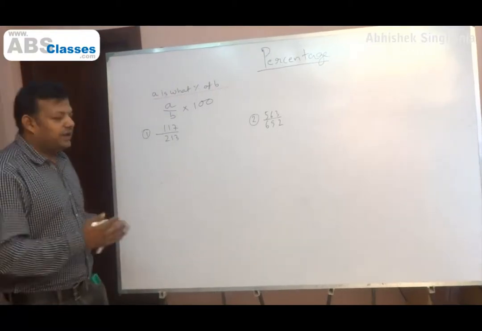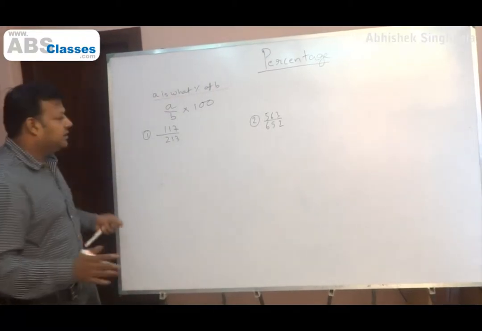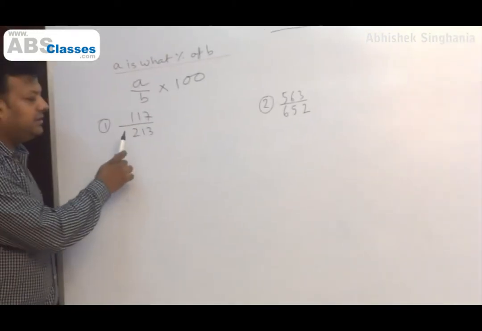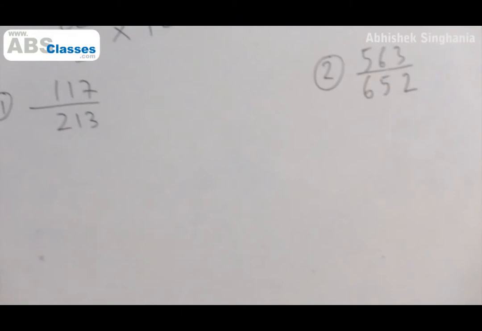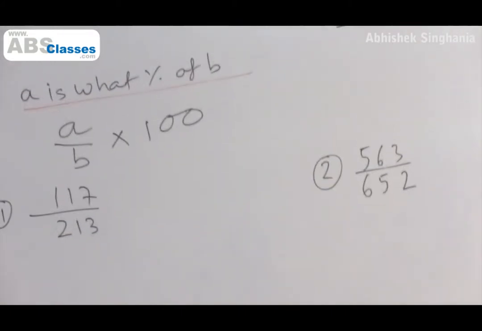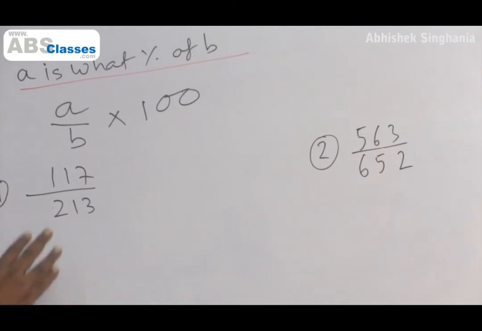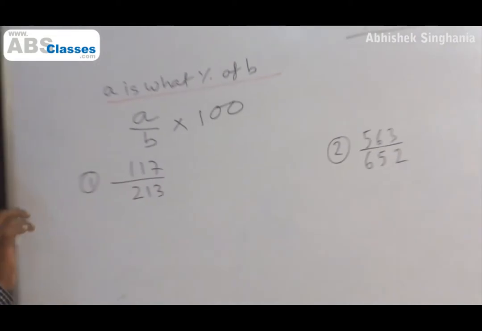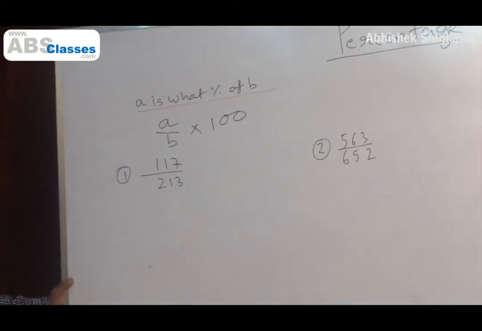Yes. So as we discussed, we'll discuss a few more examples. Let's take an example of 113 by 117 by 213. Now as we discussed, first we'll have to establish a convenient percentage. A convenient percentage means a percentage of 213, the denominator. Remember, we always need to calculate the percentage of the denominator.